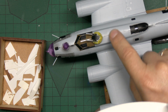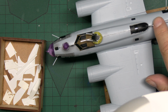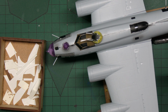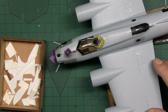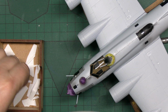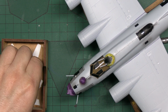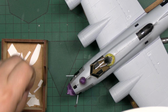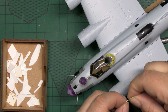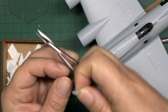Now these here, we've got a bit of a lip, so I want to sand that back first anyway and then see what needs filling. It's the same with this all along this edge here. We do have some gaps in the wing roots, and we can possibly apply the same. You just have to find some card that's thin enough. And I've got all sorts of different thicknesses in here. There you go, see, that'll go in nicely. So if we cut a little strip of that,